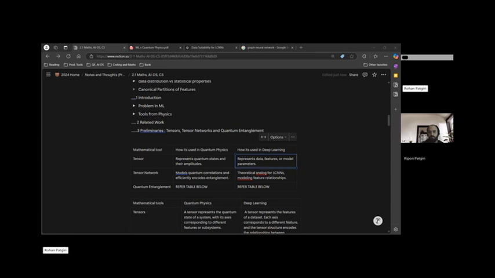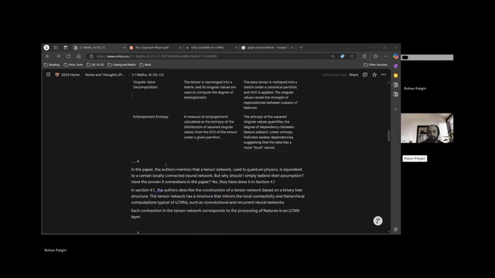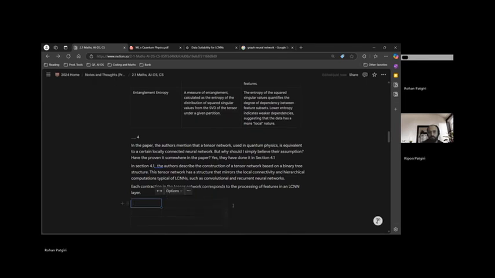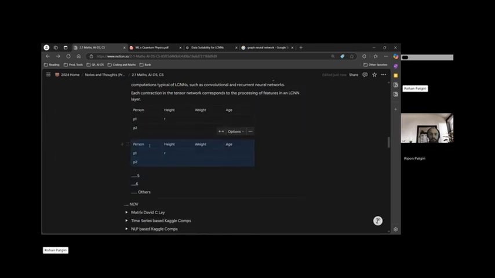Okay, it's not available, but I'll try to draw a table here, which might be able to explain. Are you able to see this part? Suppose in the context of a deep learning model, this is a matrix. For person one, some values are there, and for person two some other values are there for height and age. This is easy to understand. But now consider